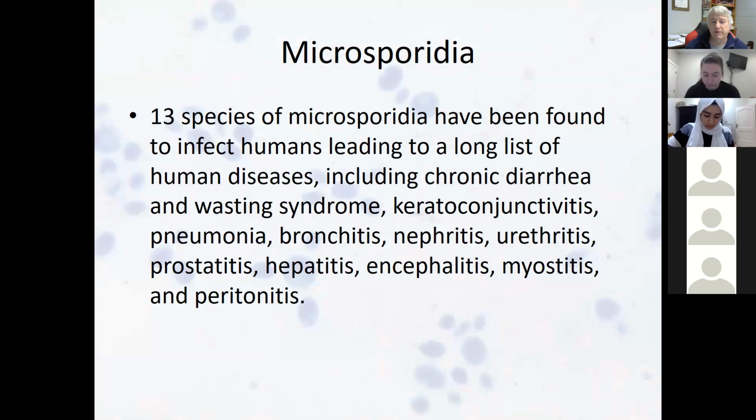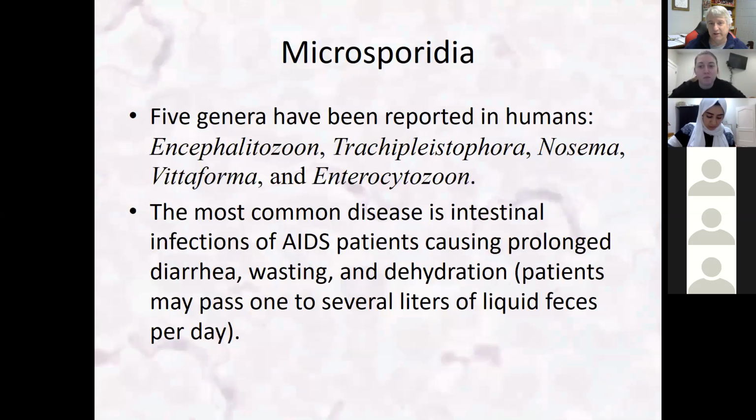They give human disease such as chronic diarrhea, wasting syndrome, keratoconjunctivitis, pneumonia, bronchitis, nephritis, urethritis, prostatitis, hepatitis, encephalitis,